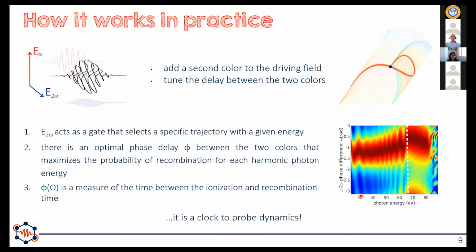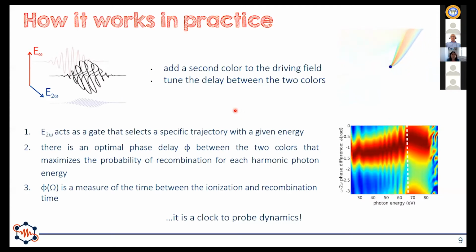This can be done in different ways, but one way, which has been quite effective, is to add a second color to your fundamental driving field. Here is a sketch of how this driving field looks. You have the second color, and then you can change basically the delay between these two components, so the phase between the two colors. And what happens is that the second color displaces the electron away from the parent ion,